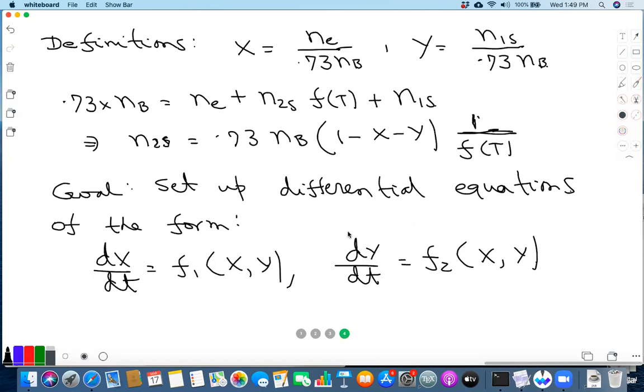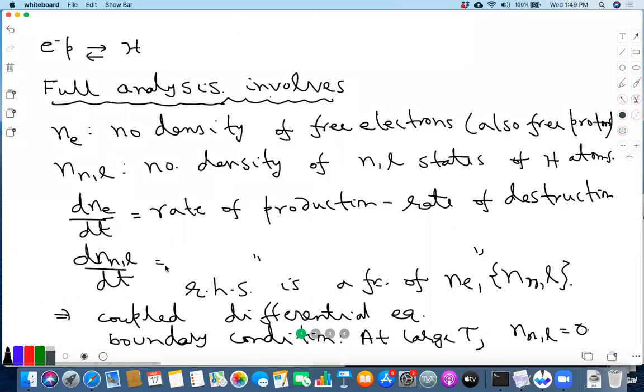Okay, and we'll do this by writing down the differential equations that we wrote down initially, but only for this limited class of variables. So we'll write down differential equations of this kind. In fact, here I should have been a little more careful. So this should have been not this, but any lambda cube, right? Because you want to calculate inside co-moving volumes, right? That's the easiest to calculate. Okay, because in the absence of any production or destruction, this is the quantity that will remain conserved. Okay. So we'll set up differential equations of this kind, and then convert it to differential equations for x and y.